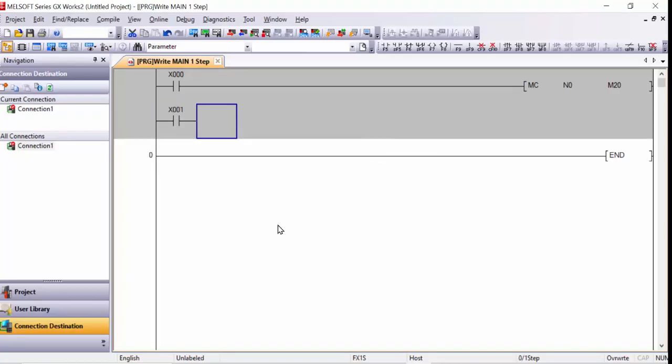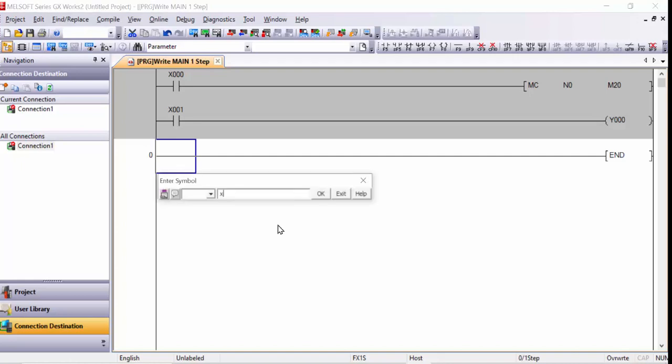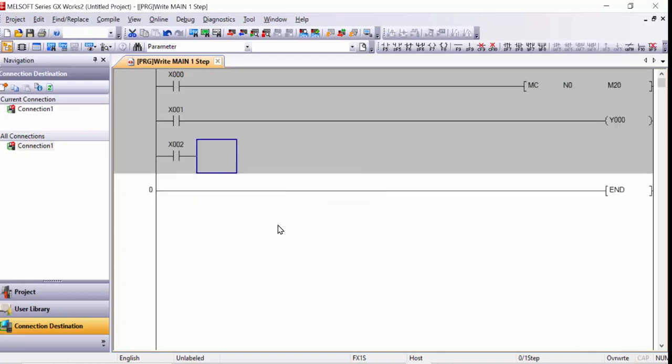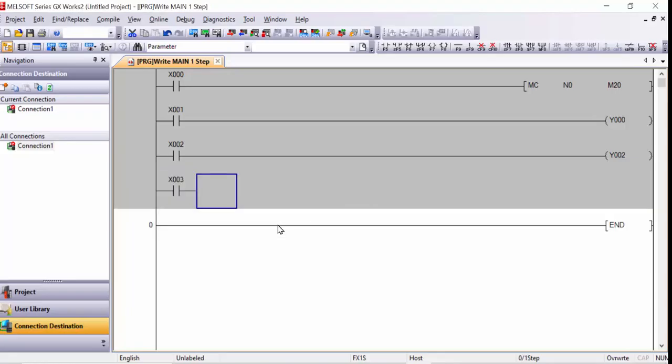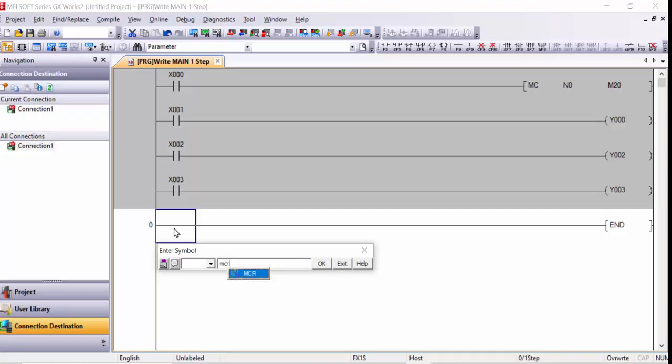And in the next row, for example, we will take X1, and out we will use, for example, Y0, and in the next row we will take X2, and out we will choose Y2, and X3 for example we will choose next, and Y3 we will choose, and in the last end we will choose the instruction MCR